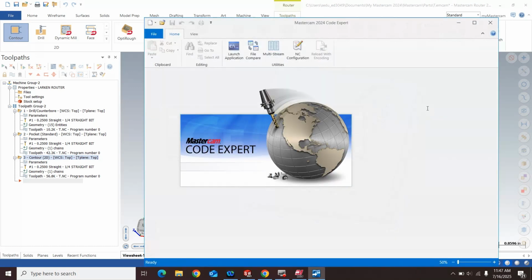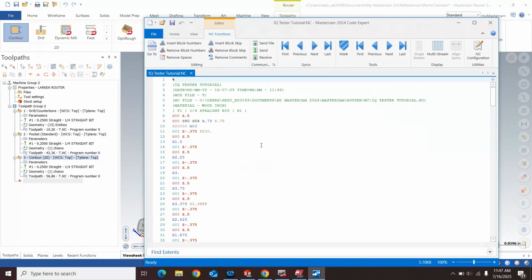So that's everything that is required for making this IQ tester and converting it from SolidWorks to Mastercam. Hopefully this was helpful, and